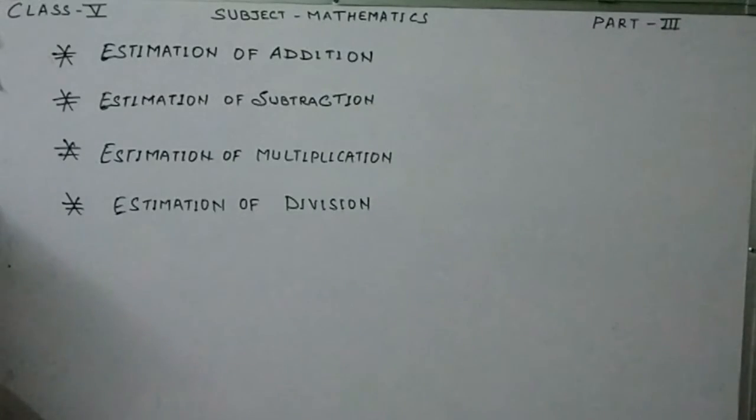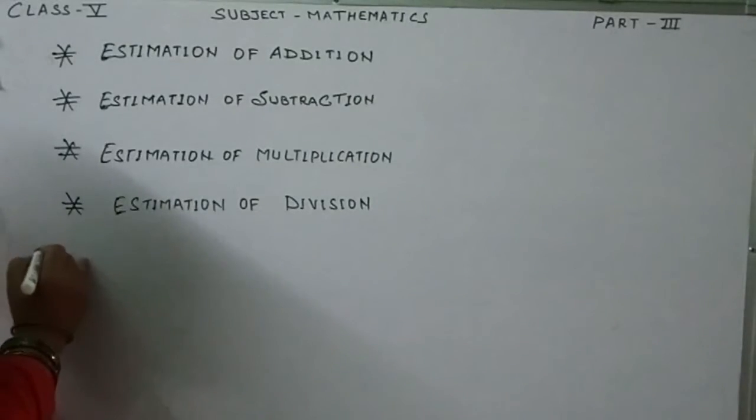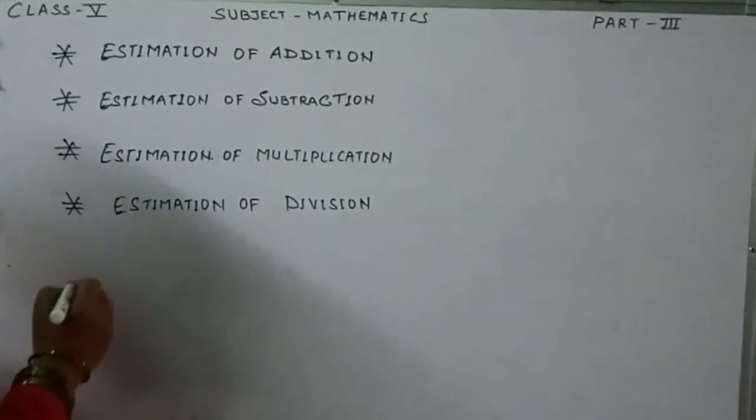Children, what do you mean by estimation? Do you know? Estimation is a rough calculation of the value, number, quantity or extent of something. What is the general rule for estimation? The general rule is to look at the digit to the right of the digit you want to estimate. If that digit is greater than 5, round up, or if it is less than 5, then you round down.